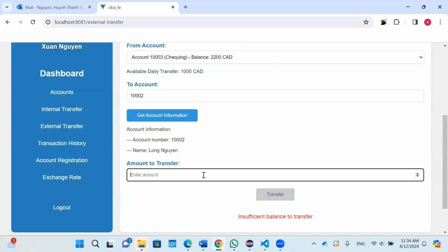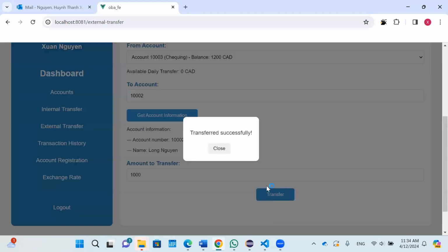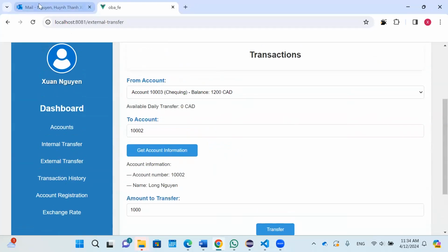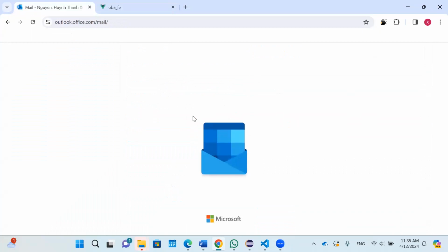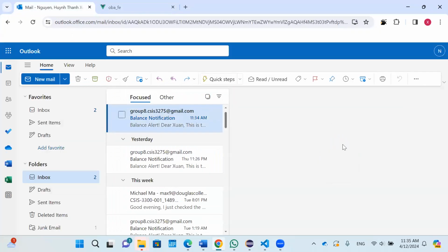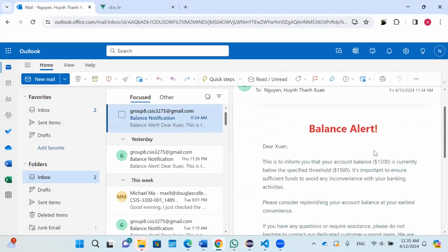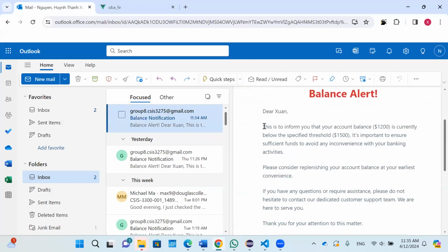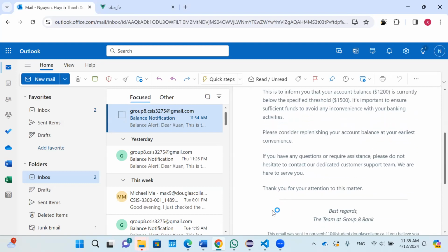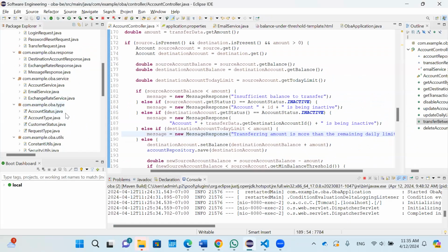So, okay, here you go. I will do like 1,000. Okay, alert dialog, transfer successfully. One interesting point here: because the account threshold is 1,500, if I try to send money that takes the balance lower than that, I will receive a notification by email to show that our account is lower than the specified threshold of 1,500 over here. In order to do so, we use the